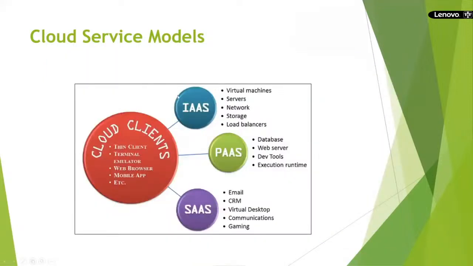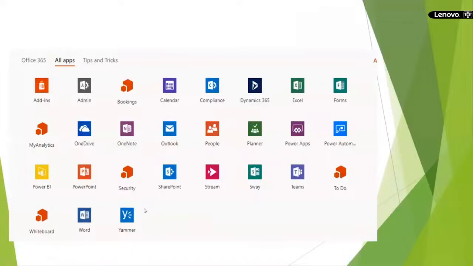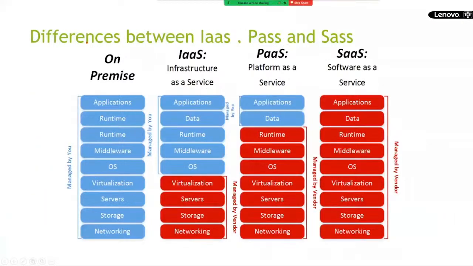These are three different types of services in cloud computing. These three are quite common, whether you go for Azure, AWS, or Google Cloud. Next, this one slide is enough to differentiate between on-premises and cloud. In on-premises, as I said, networking, storage, virtualization, OS installation and configuration, management, runtime, application deployment, everything we have to take care of.